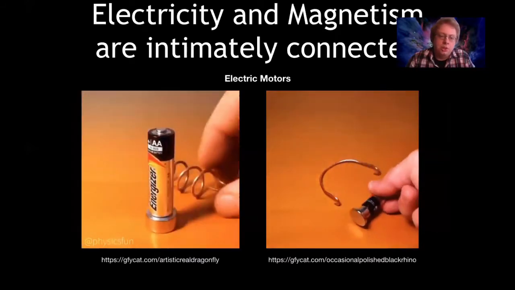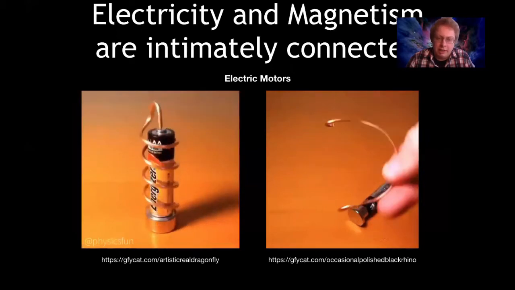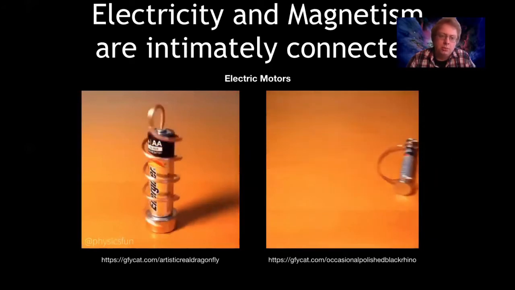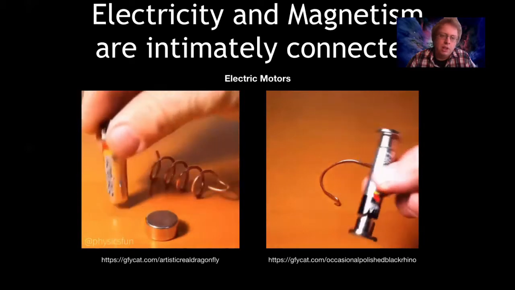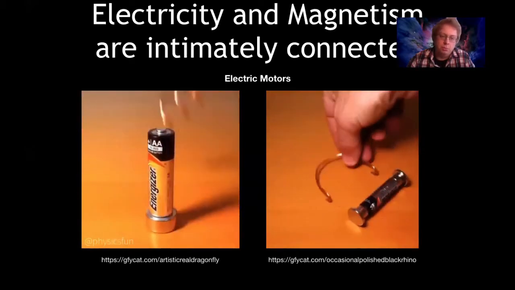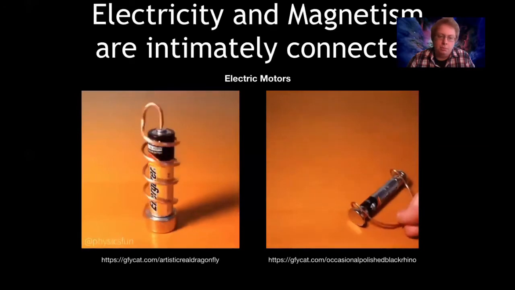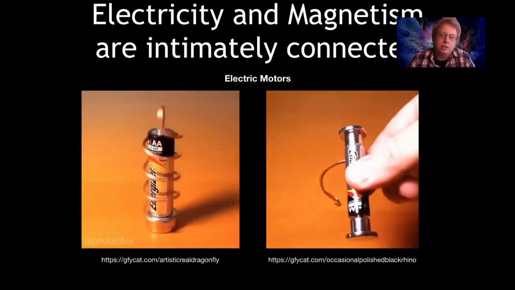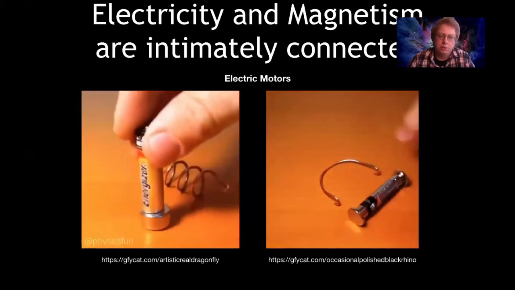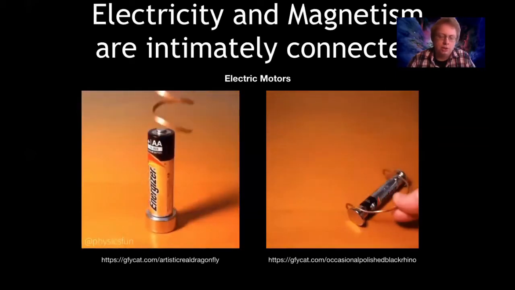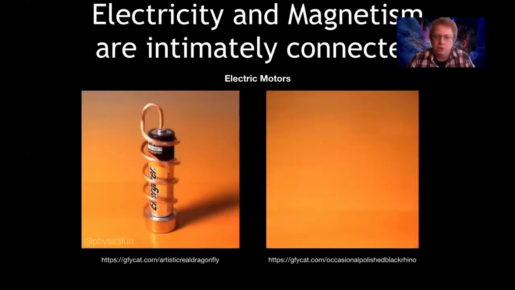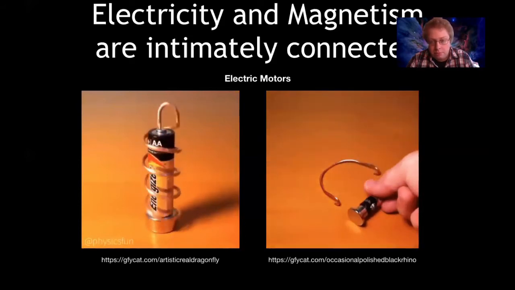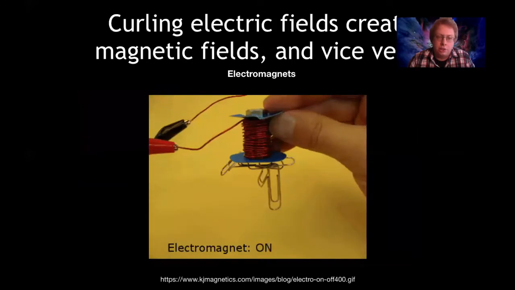So the next thing I want to emphasize is that electricity and magnetism, although they often appear to be discrete phenomena, are really intimately connected. I'm showing two examples of how that works here. If you put a battery next to a magnet, using the magnets as contacts, and connect a circuit so that you have electricity flowing from the positive terminal of the battery to the negative terminal of the battery, that produces motion. You can produce these very simple electric motors with just a little bit of wire, a magnet and a battery. And another way that they're connected is that